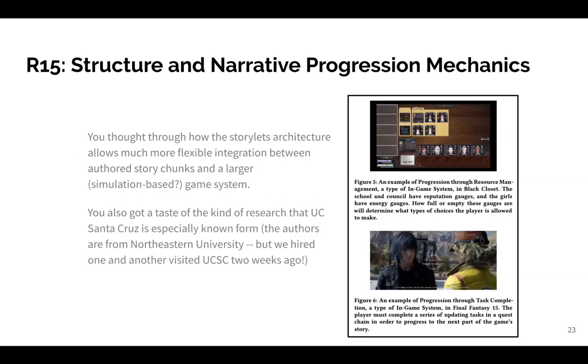Reading 15, this was the research paper about the structure and narrative progression mechanics. And most of the confusion in this one came down to us asking questions in a poor way, but that's part of what happens when you have the first time a course is offered on a topic, and us trying to use very local and timely materials. This got you thinking through how the storylets architecture is actually much more flexible than